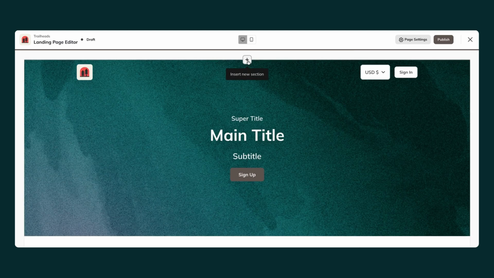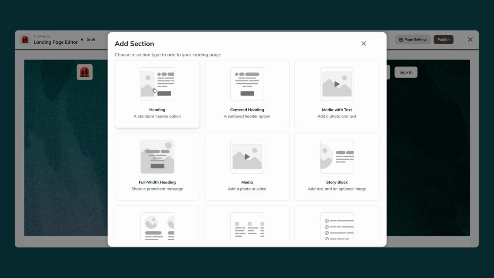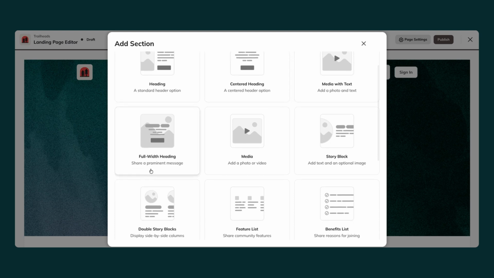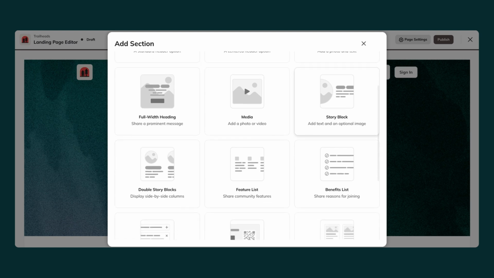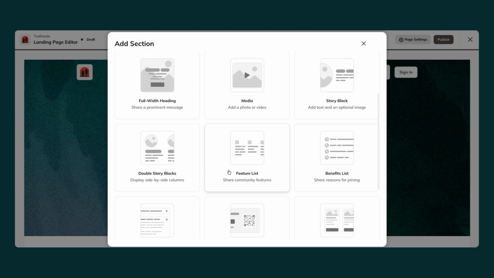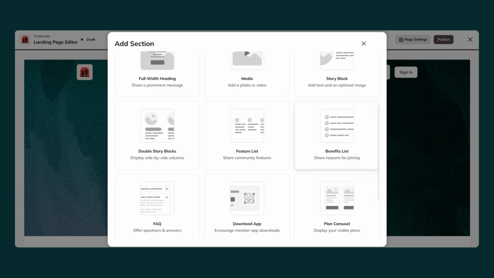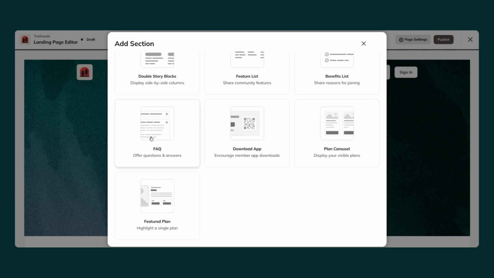So if you go ahead and click this plus icon here, you can create a heading, which is a standard heading option, a centered heading, media with text, a full width heading, media, which is just adding a photo or a video. So if you had a primary network video all about your Mighty Network, this would be a good one to choose. There's story blocks where you can have a circular image next to some text, double story blocks, a feature list. So this would be great if you had certain things inside of your community that you wanted to let people know about, a benefits list, reasons for joining the Mighty Network, FAQs, if you had particular questions and answers you wanted to put on your landing page,